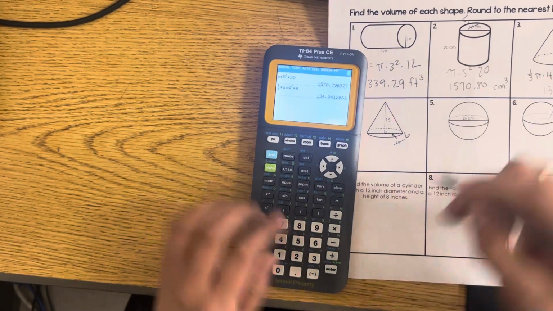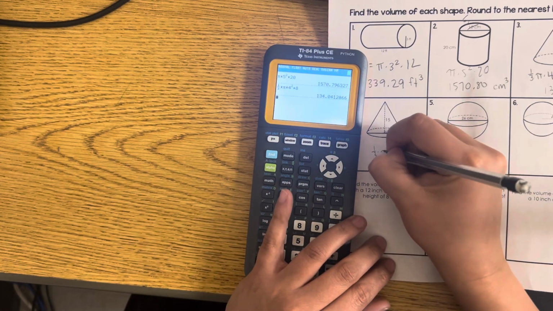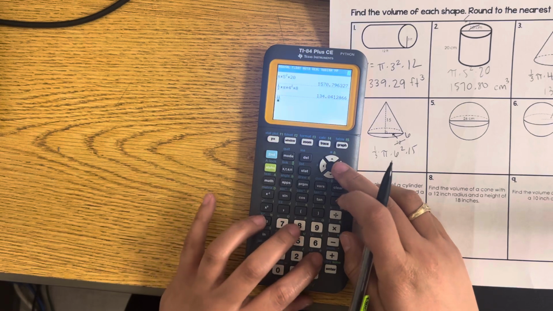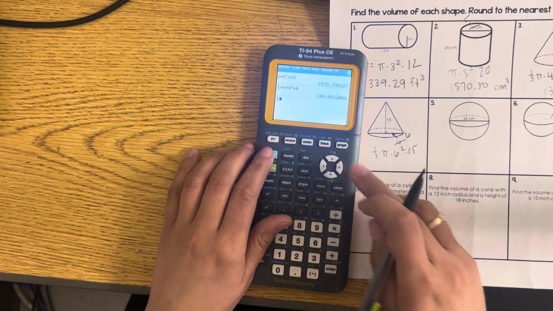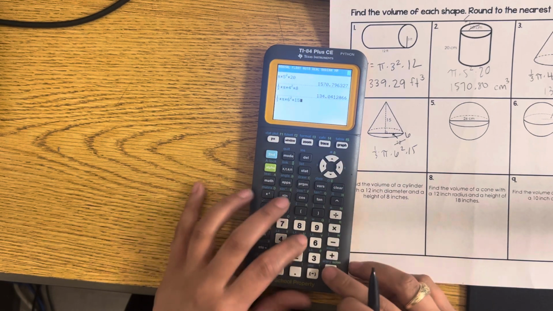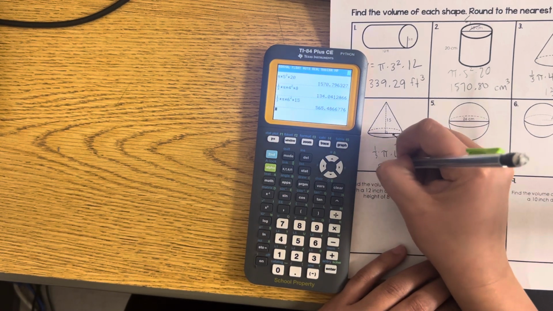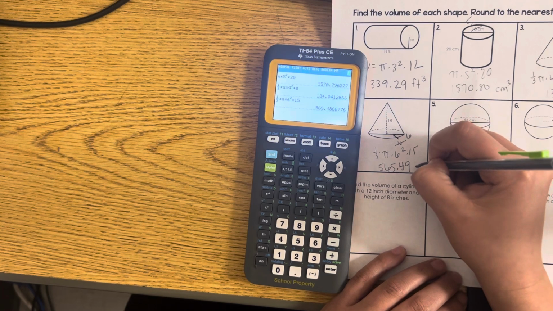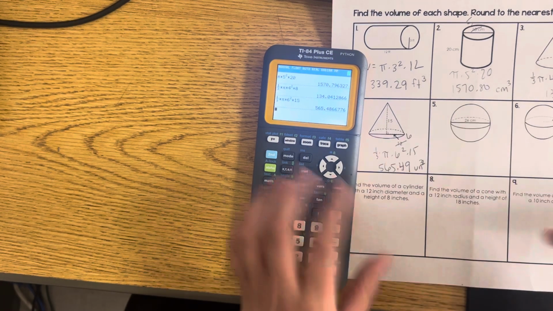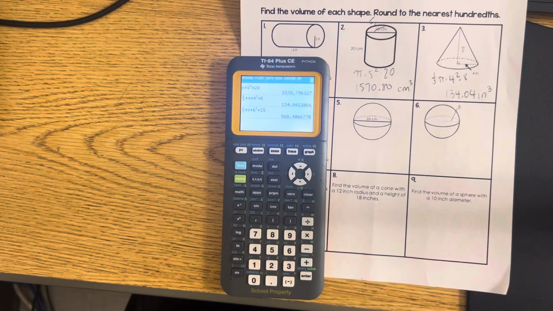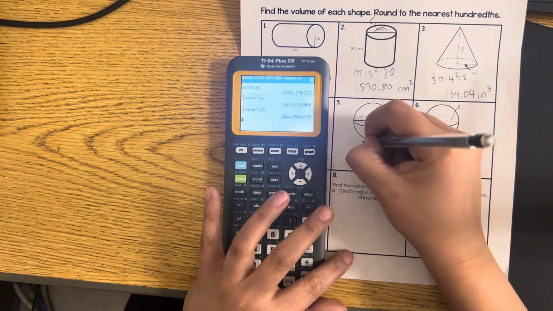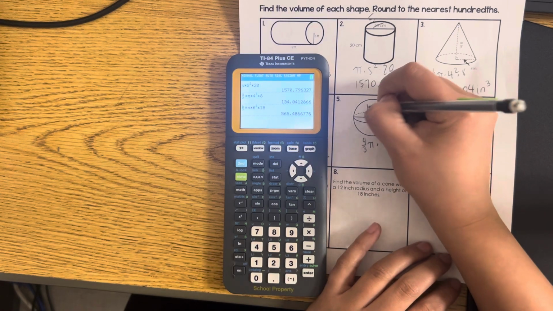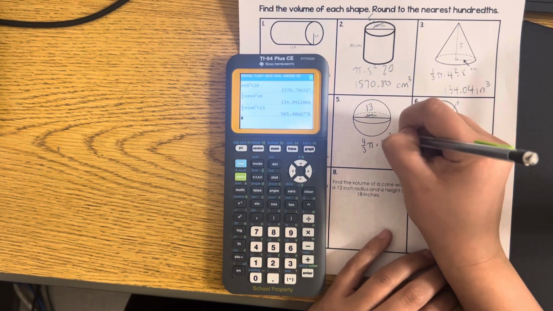cut it in half. And it's going to be 1/3 times pi times 6 squared times 15. And it would be 565.49 units cubed. Okay. Then the sphere, of course, is 4/3 pi times the radius, and we do have to cut it in half since it is a diameter, so we're going to use 13 instead, but then you cube